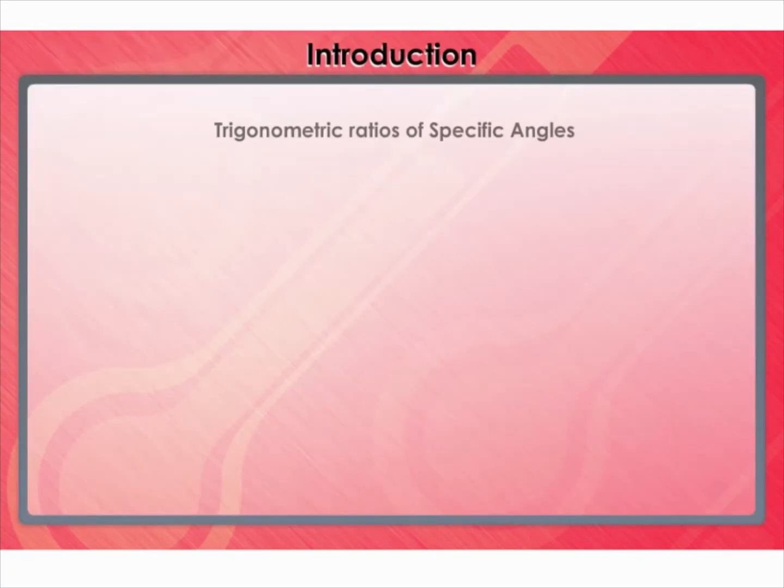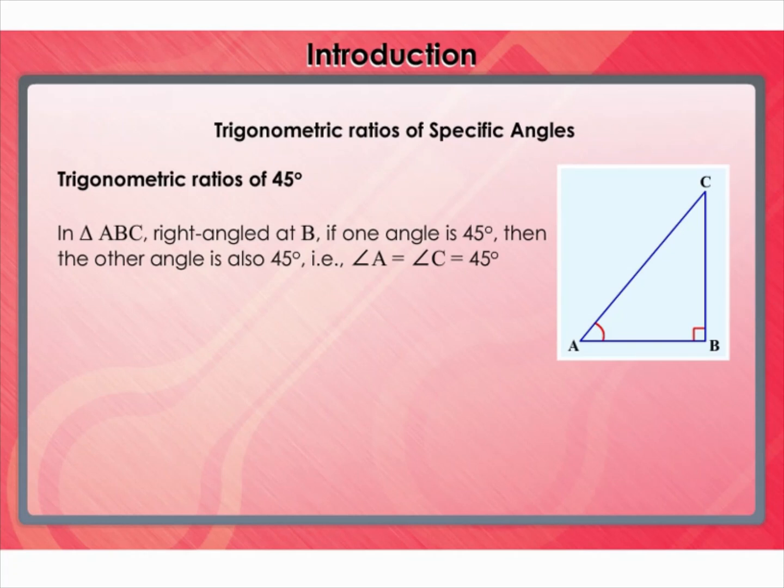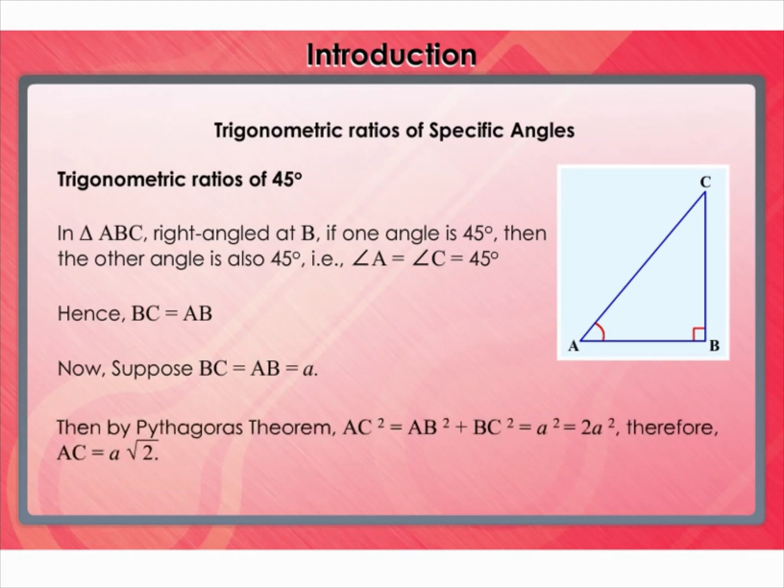Introduction. Trigonometric ratios of specific angles. In triangle ABC, right-angled at B, if one angle is 45 degrees, then the other angle is also 45 degrees. That is, angle A equals angle C equals 45 degrees. Hence, BC is equal to AB. Then, by Pythagoras theorem,